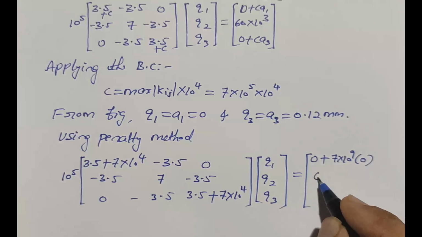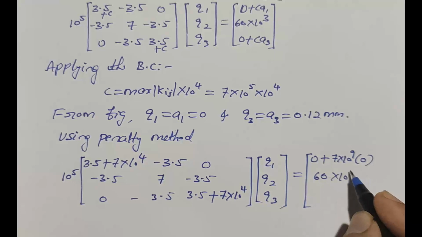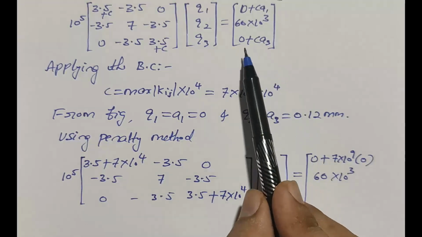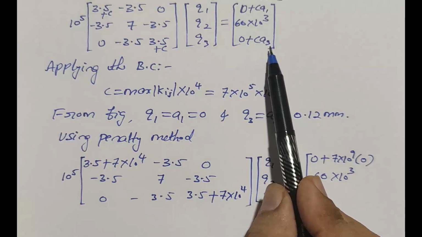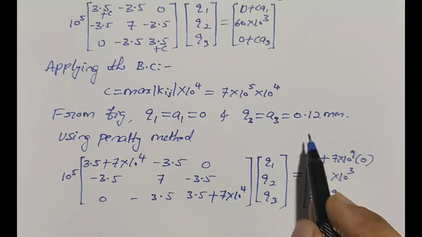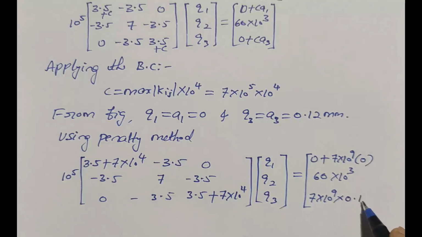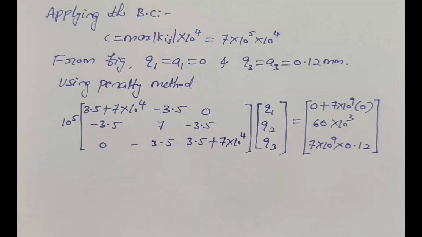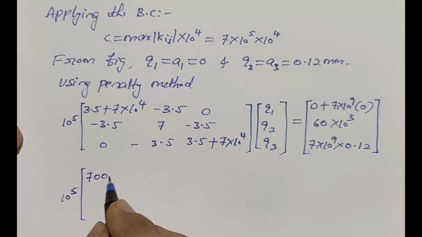Next F2, 60 into 10 power 3. Next F3, here it is C into A3. C is 7 into 10 power 9 into A3, it is 0.12. If you simplify this, you will get 10 power 5, 7, 0, 0, 0,